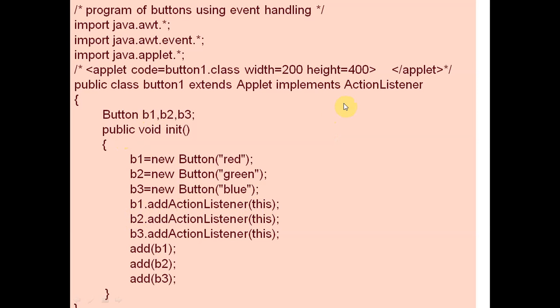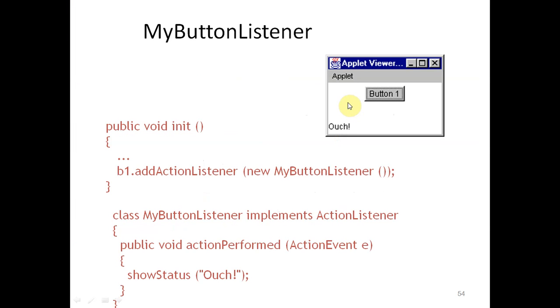This means the same class is the ActionListener class. But in this example we have a different class which implements ActionListener, the ButtonListener class. This is a user-defined class implementing ActionListener. So we have two separate classes, and we are writing the object of this ButtonListener class, so we have mentioned here new ButtonListener. Otherwise, if the same class implements ActionListener, then we will write the this keyword, meaning the object of the ActionListener class. And inside this class we have given public void actionPerformed(ActionEvent e).